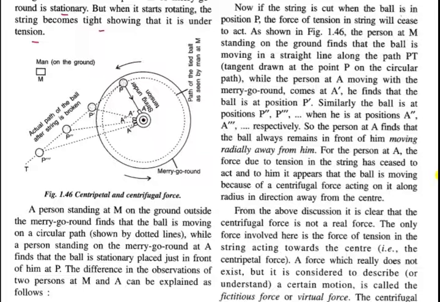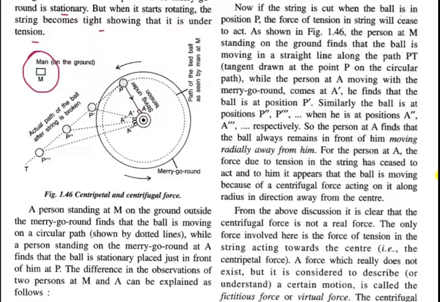Here, the person standing at M on the ground outside the merry-go-round finds that the ball is moving in a circular path, while the person standing on the merry-go-round at A, at this point,